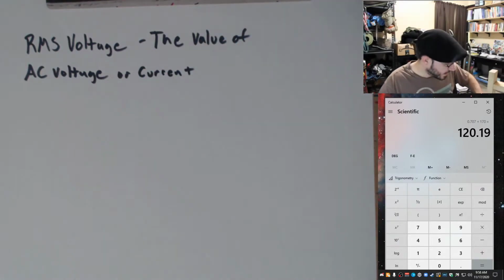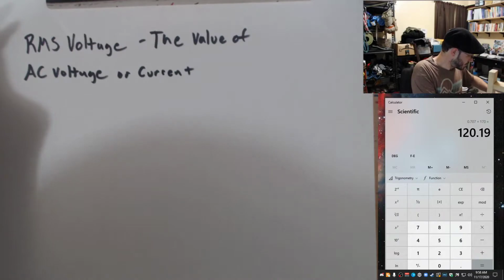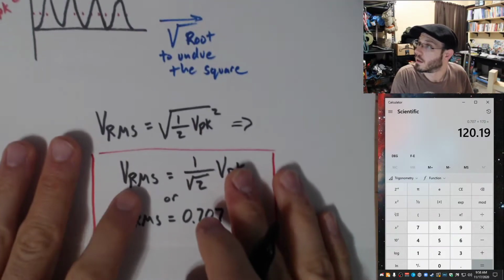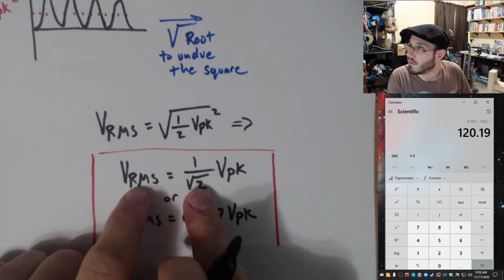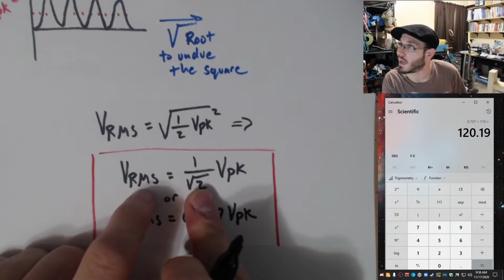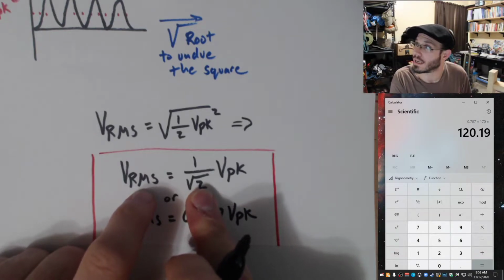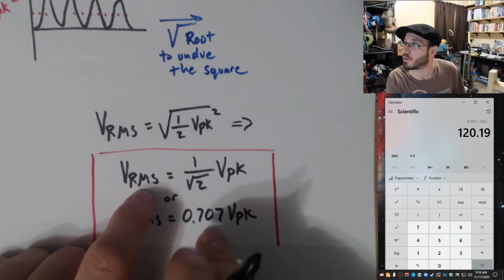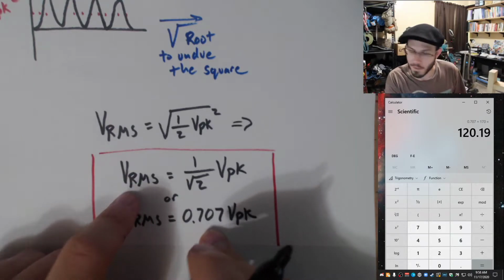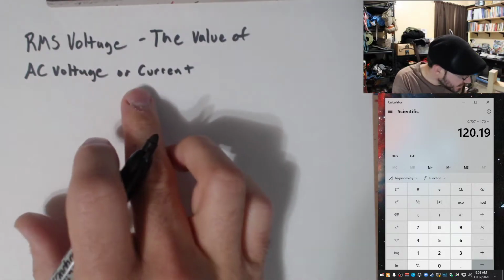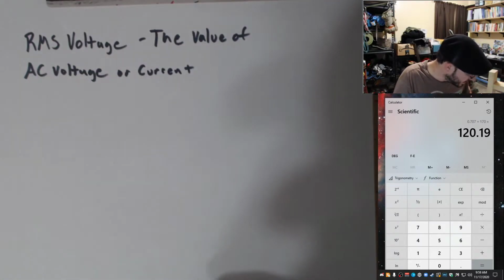So when we're looking at VRMS, this could just as easily be IRMS if you're talking about the root mean square of the current, and it would just be the peak current times 0.707 gives you IRMS. It's the value of AC voltage or current